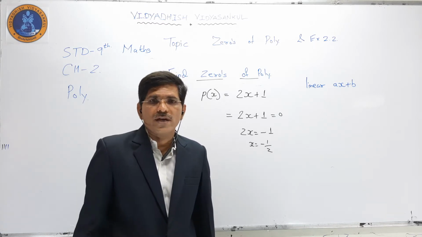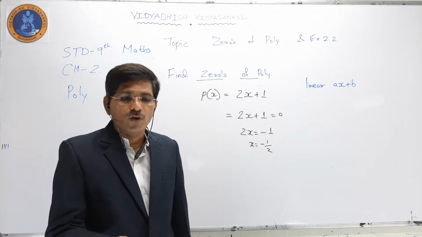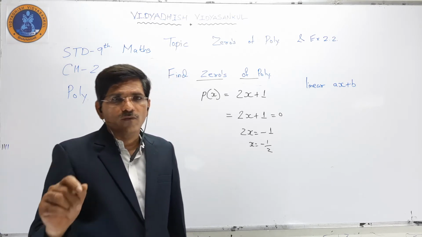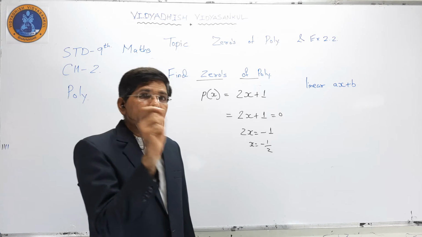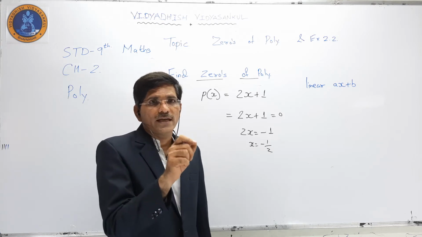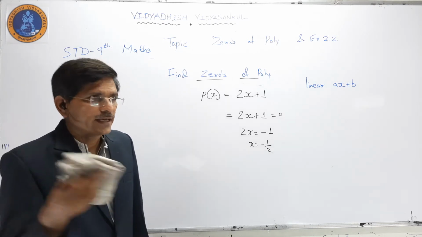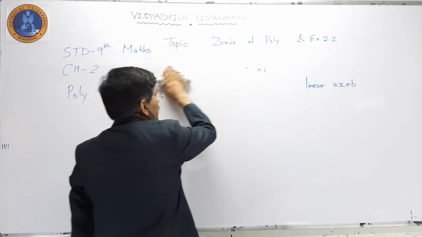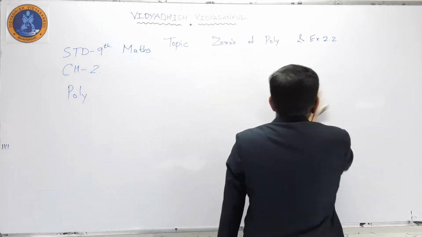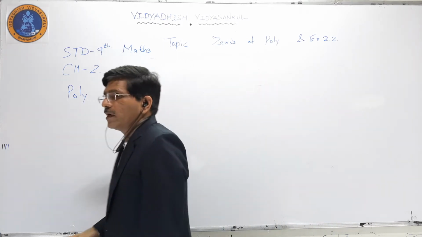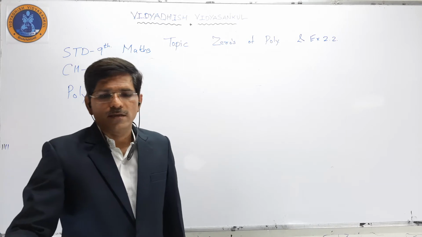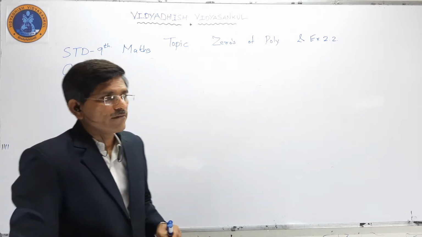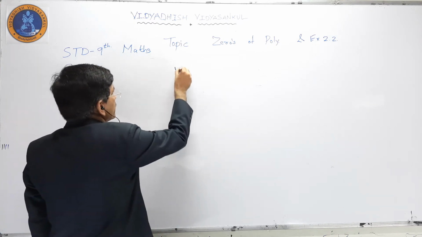Now, related to verification: how can we verify whether it is a zero or not? If you put the value of x and you get the answer 0, we can say yes, it is a zero. That is how to find zeros. Now a verification question is like this: verify whether